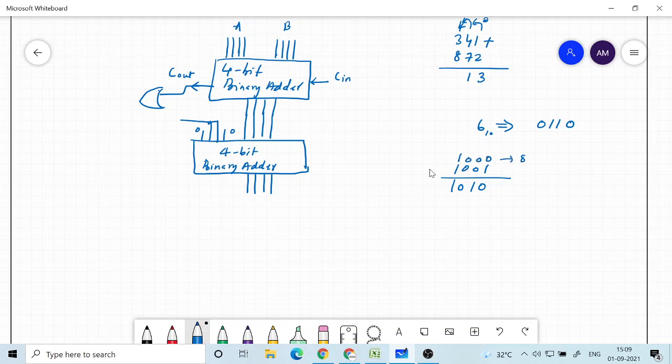So this is 8, this is 9, and this is invalid, 1010, then 1011, 1100, 1101, 1110, 1111. So 10, 11, 12, 13, 14, 15. These are invalid codes.